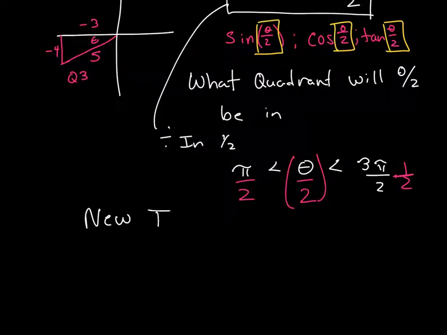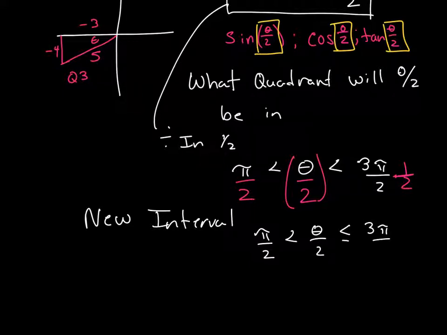My new interval for all of these is pi/2 to 3π/4. So where is that? So my theta/2 is now